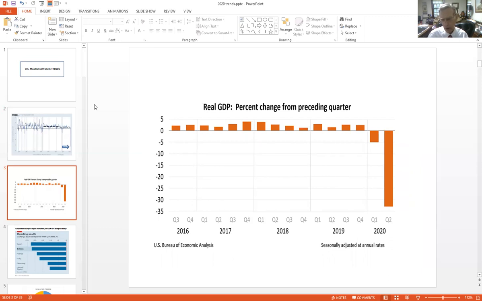But even though we have an improvement, let's say of half of the 30% decline, that would still mean that we'd have a decline in the third quarter of year to date, maybe 15% or so. The outlook for the whole year is closer to 6%. I frankly am a little doubtful of that. I think it'll be more.